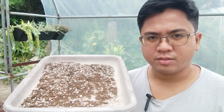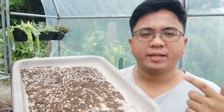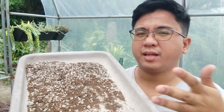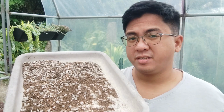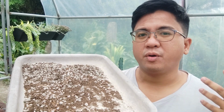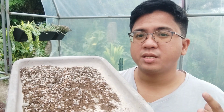But all of my Senecios right now actually don't have any perlite on them, so they can grow well just with these two ingredients. I would just recommend that if you're going to be planting those Senecio, especially those thin leaf varieties, that you add a lot more organic materials than you would add pumice. Okay, don't add too much pumice on them. Probably just like 40% pumice and 60% organic materials, because they really don't like to grow in pure rock or in pure inorganic materials. They won't have anything to attach to, because the pumice itself, the roots don't attach to them. The roots attach to the organic